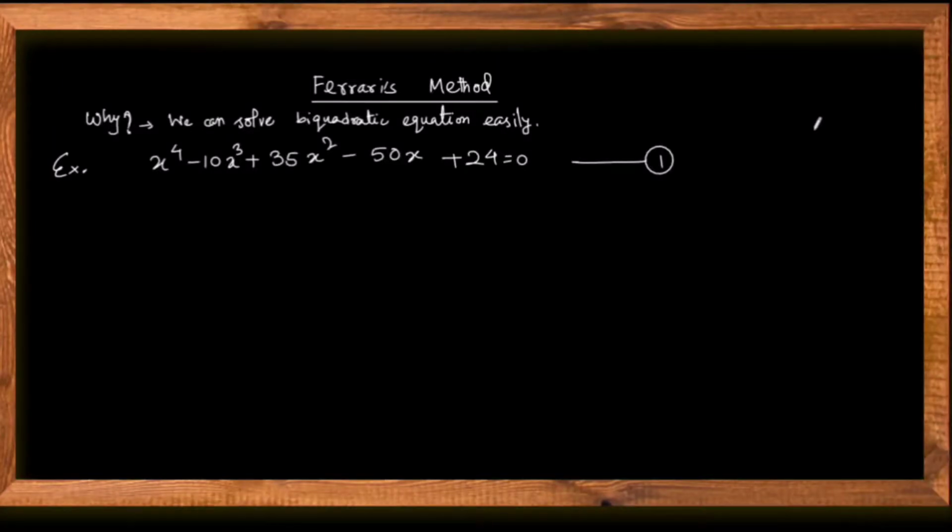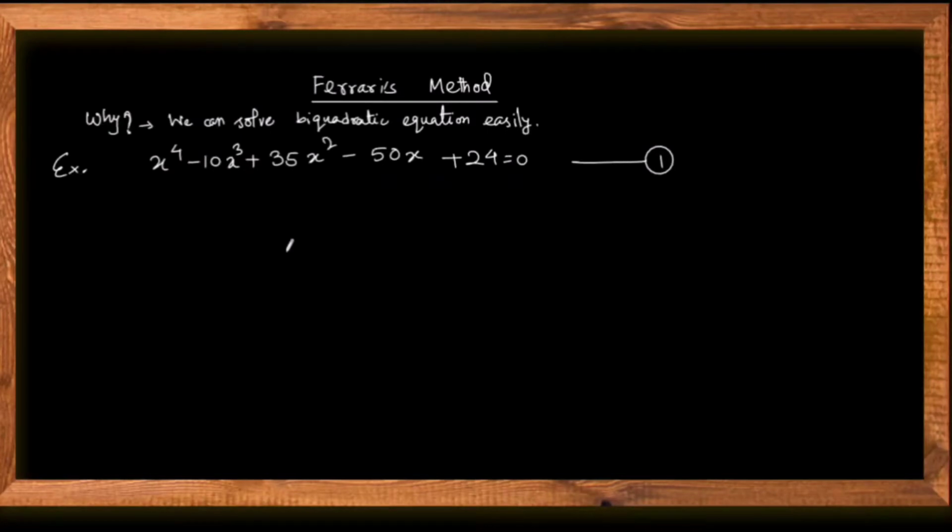In this video, we are going to discuss Ferrari's method. Why? We can solve biquadratic equations easily by this method. So let's begin with an example. Here is an example: x to the power 4 minus 10x cube plus 35x square minus 50x plus 24